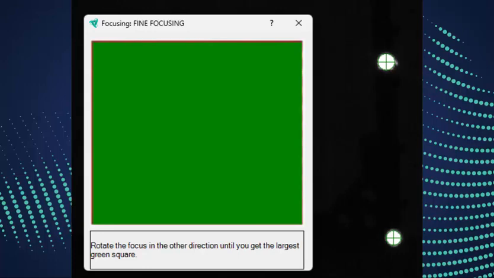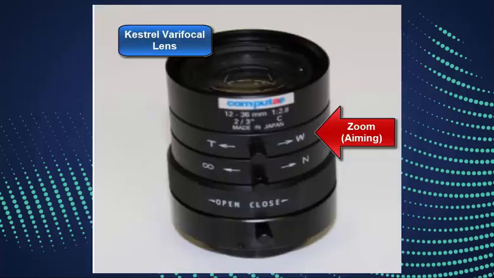Additionally, some cameras, like our varifocal cameras or our varifocal lenses, have an additional feature which will allow you to zoom in and out of the volume. In order to adjust these zoom features, we would want to see the volume, and if we are having issues seeing any marker, whether that is distance or marker size, we can zoom the camera in to see